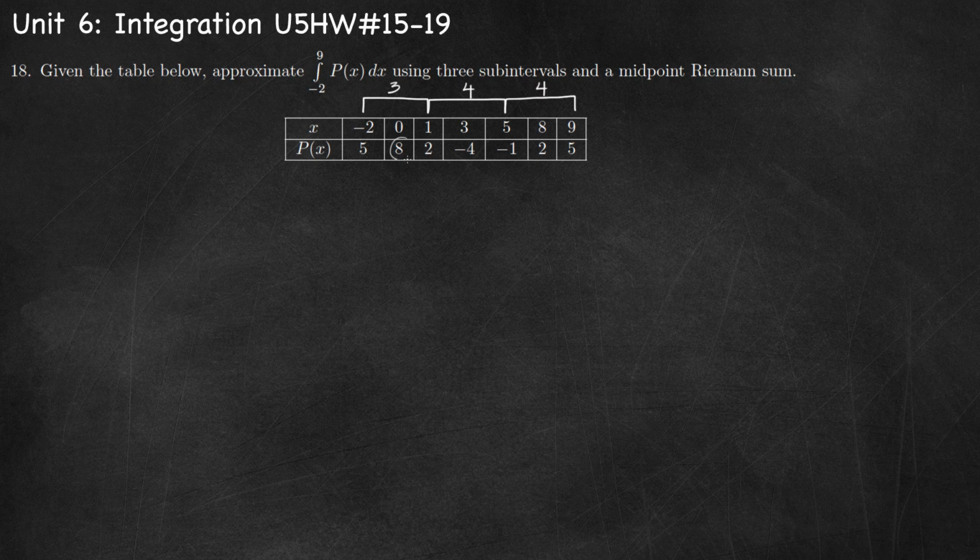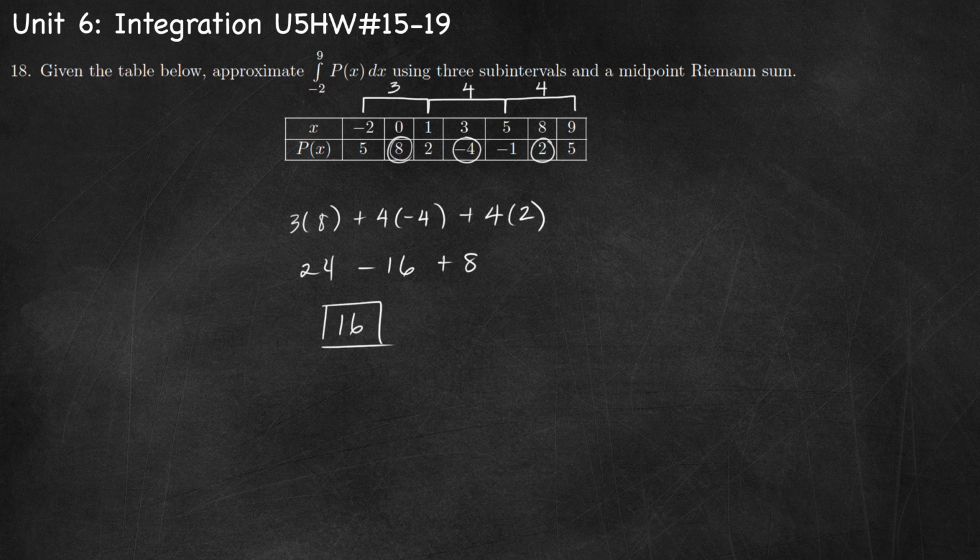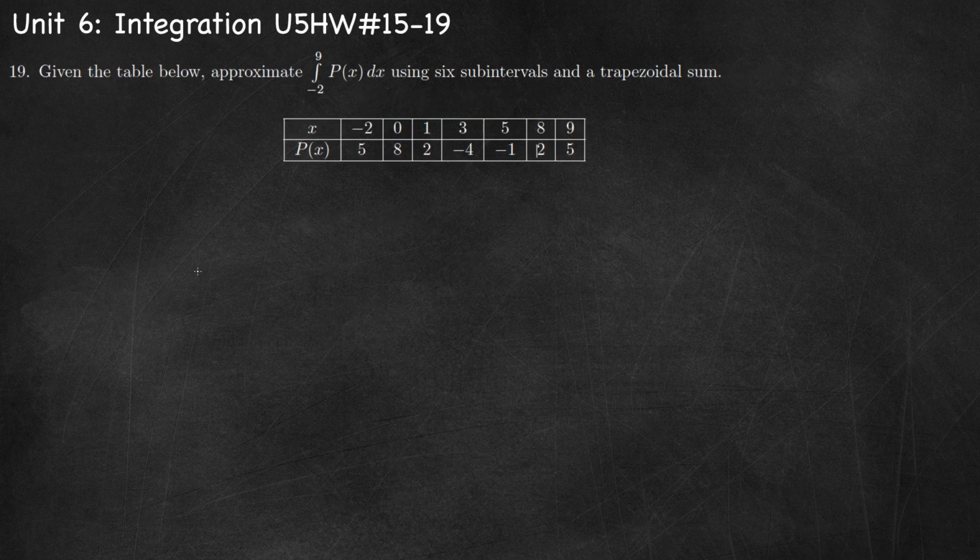We're using a midpoint Riemann sum. So we use the middle values to get our heights. So we want 3 times 8 plus 4 times -4 plus 4 times 2. So the first area, 24, the next area, -16, and the last area, 8. Or 16. And number 19, we want to approximate the integral from -2 to 9 of p of x dx